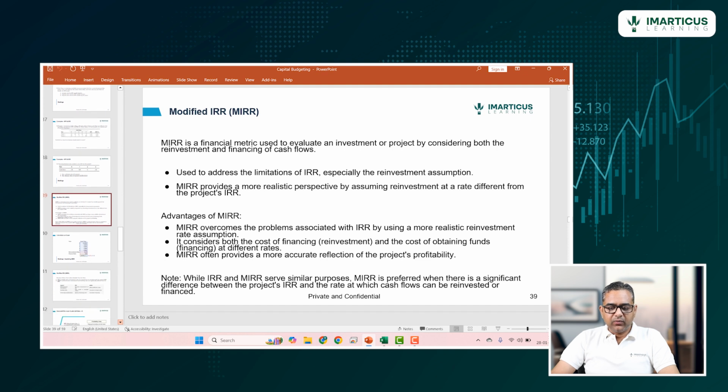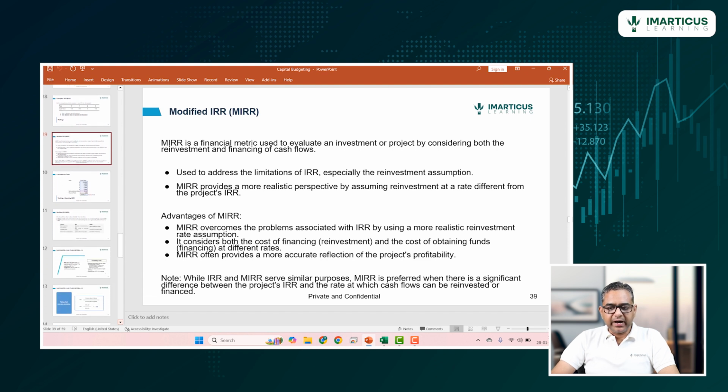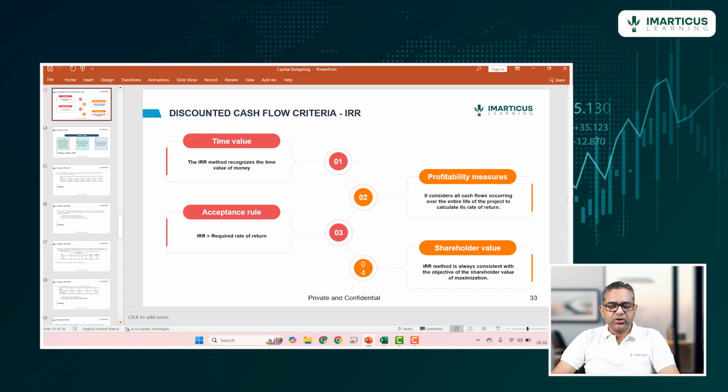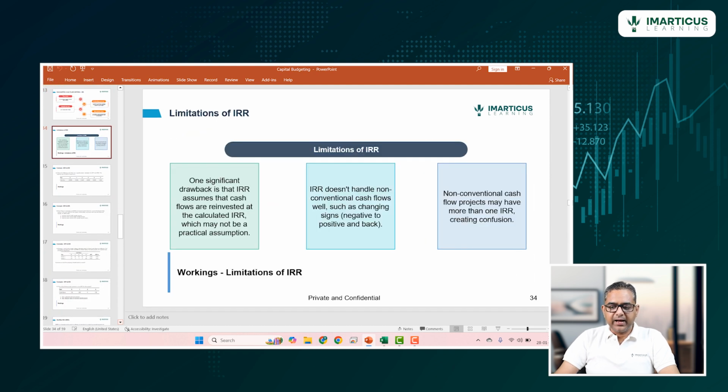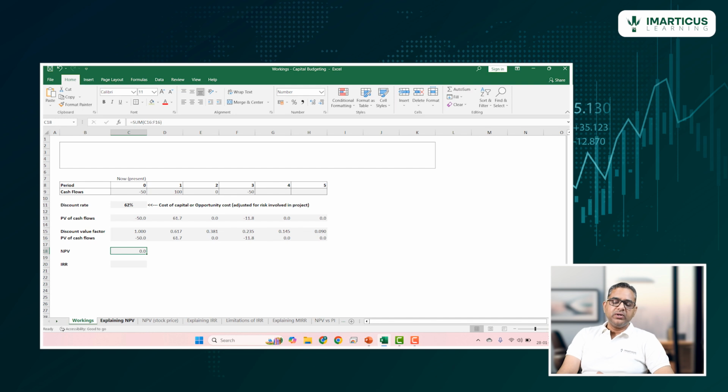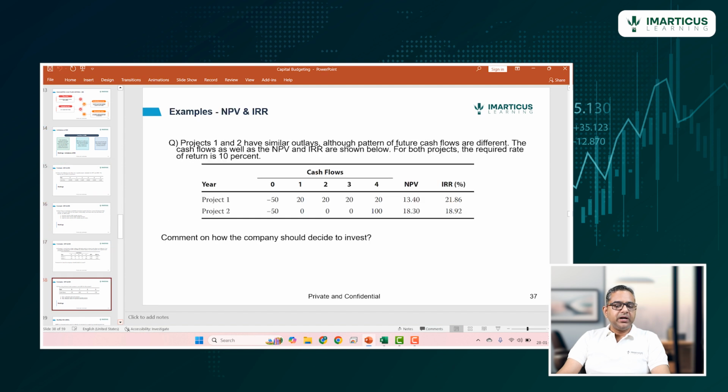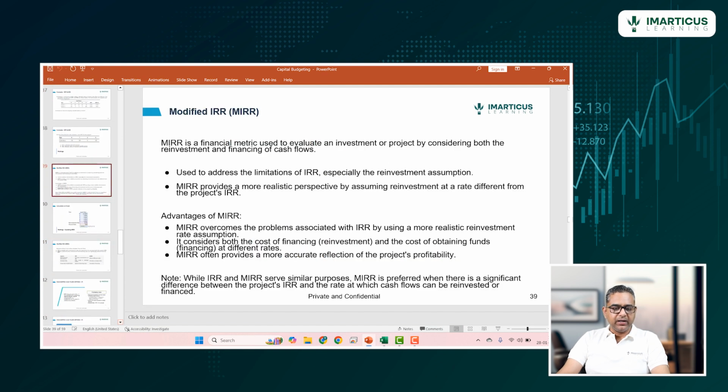Now let's look at one more concept, which is modified IRR. We saw that IRR has limitations. One significant drawback is that IRR assumes that cash flows are reinvested at the calculated IRR, which may not be a practical assumption. So the problem with IRR was that it assumes that all the interim cash flows will be reinvested at the same rate as the IRR, which may not be practical. And this limitation is overcome by modified IRR,